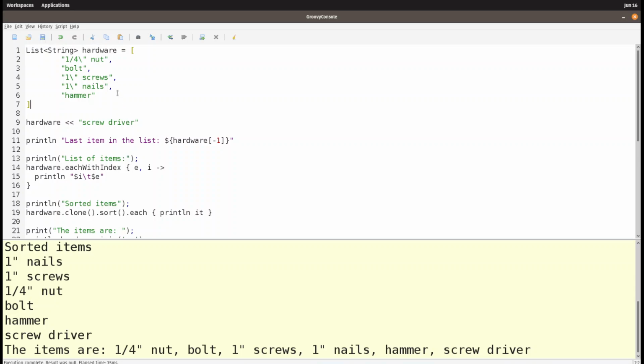We'll get into maps in the next video. So also we have this left shift operator, which allows us to add things to a list. So we have our hardware list, and we add the screwdriver, and then here we're printing out the last item